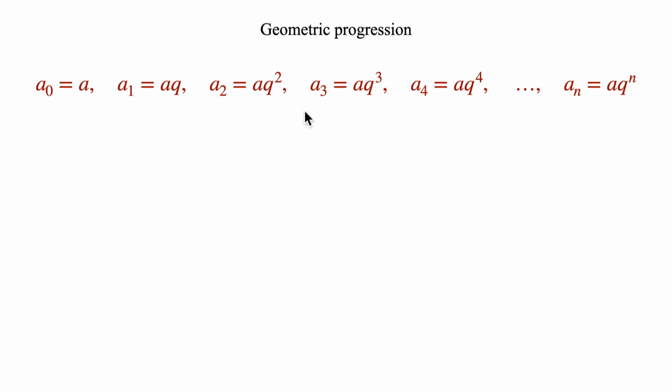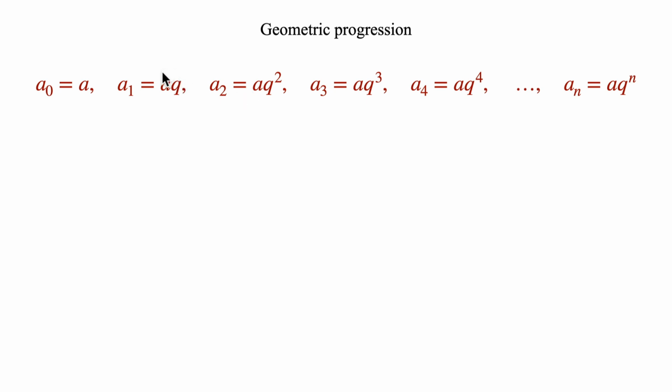And now I would like to show you at least some sketch of formalization of this result which I illustrated geometrically. So a geometric progression is a sequence of this type, that the first element is just some number a, and the next is the same number times a quotient q. The next one is the very first number times the quotient squared, then the quotient to the third, and so on and so on. So you see, it could also be formulated in this way, at least if a is different from 0,